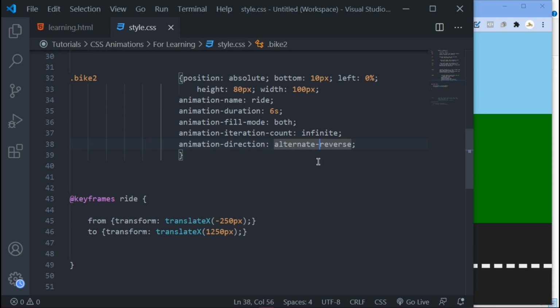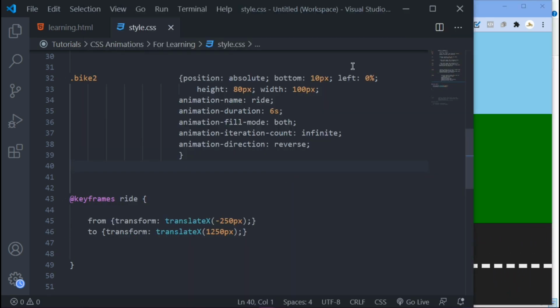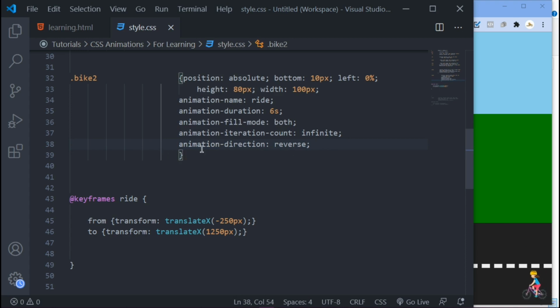So we're just going to leave this at reverse, since I want them to be riding from the opposite direction. So yeah, this one must come here. That's how you can set the direction of your animation. All you need to know is you can use this animation property, which is animation direction. You can set it to reverse, or you can set it to alternate, or you can use alternate reverse. It's really just up to you. All you need to know is the keywords, which is animation direction.